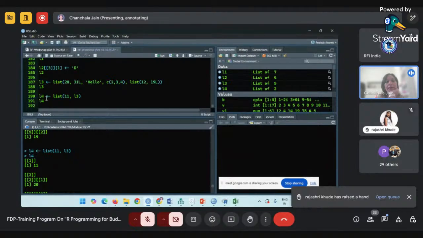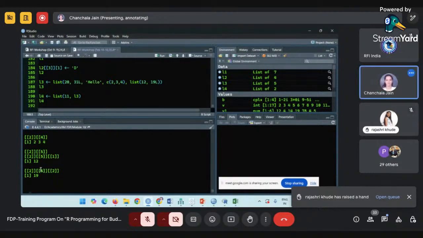Then I created the next list, gave it one value, and stored in it the list which I already created, which is L3. Once I call the new list L4, you can see it is indicating all the elements. Done. Next, we will see